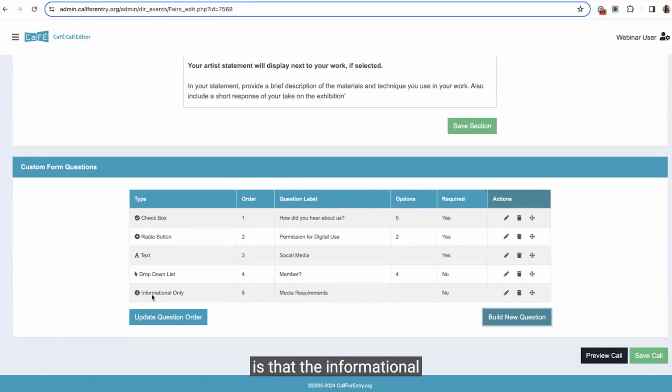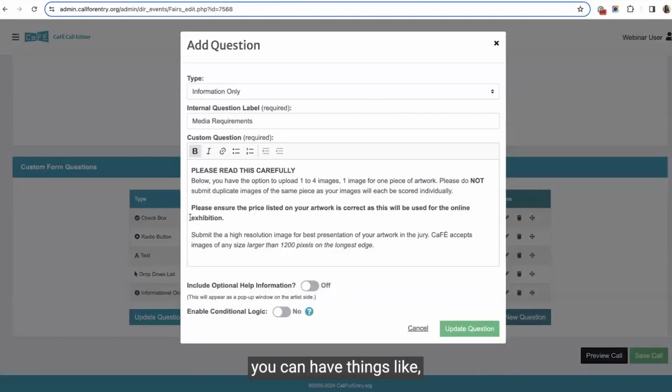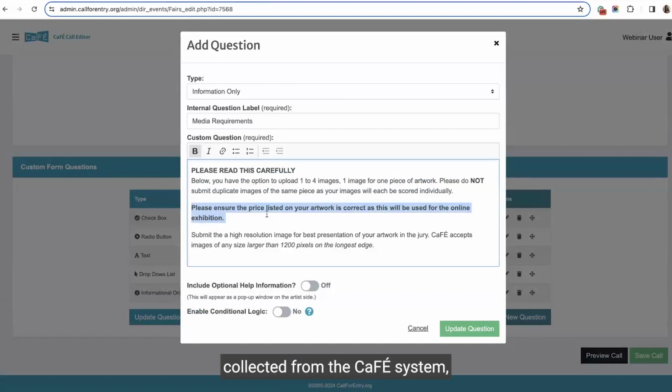The last thing I'll mention here is that the informational only question type is a really good way to reiterate your media requirements. So you can have things like, just reiterating that you can upload 1 to 4 images, don't submit duplicates, whatever that might be. You can include a reminder to ask folks to check the price listed on their artwork in their portfolio. Like I said, it's collected from the CaFÉ system. So you could have them double check that their price on the artwork image they're submitting is correct because it'll be used online. You might also recommend that they submit high resolution images for the artwork and reiterate the size